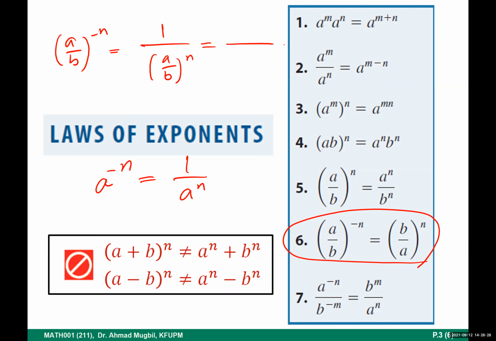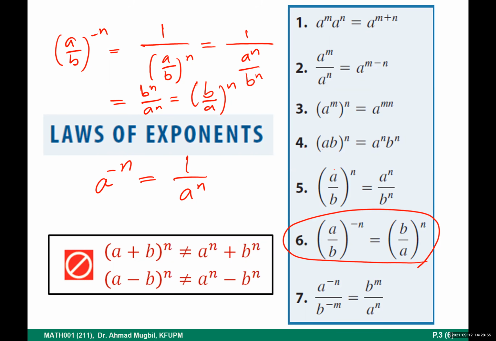And by law number 5, this is a to the power n over b to the power n, which will be, by the reciprocal idea, b to the power n over a to the power n. By law number 5 again, this is b over a all to the power n. No need to do this all the time. Just apply rule number 6. This shows you how we obtain